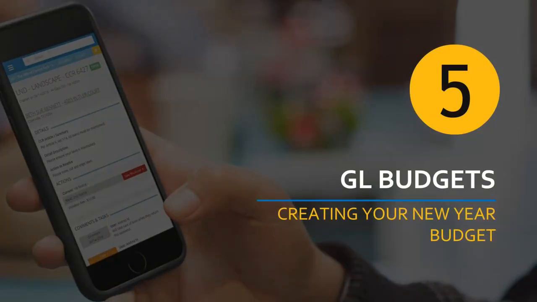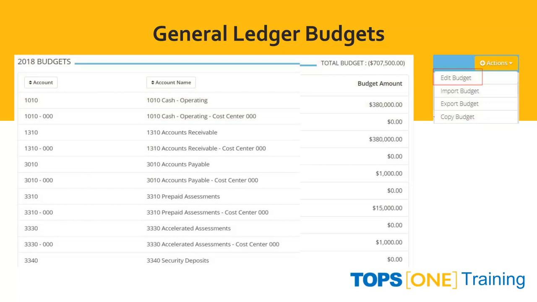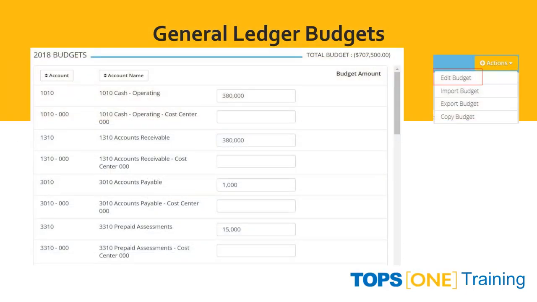Chapter 5, General Ledger Budgets. Creating your new year budget. Along the left-hand navigation, the selection of General Ledger, and the selection of Budgets, you'll be presented with the budget that you have or have not created at this point. Under Actions, you can always go to edit that budget. Under Actions, Edit Budget is selected. It will open up the fields adjacent to the right of each account, and sub-cost center as well, allowing you to distribute. When clicking in these fields, the budget amount will open to the right, allowing you to distribute this